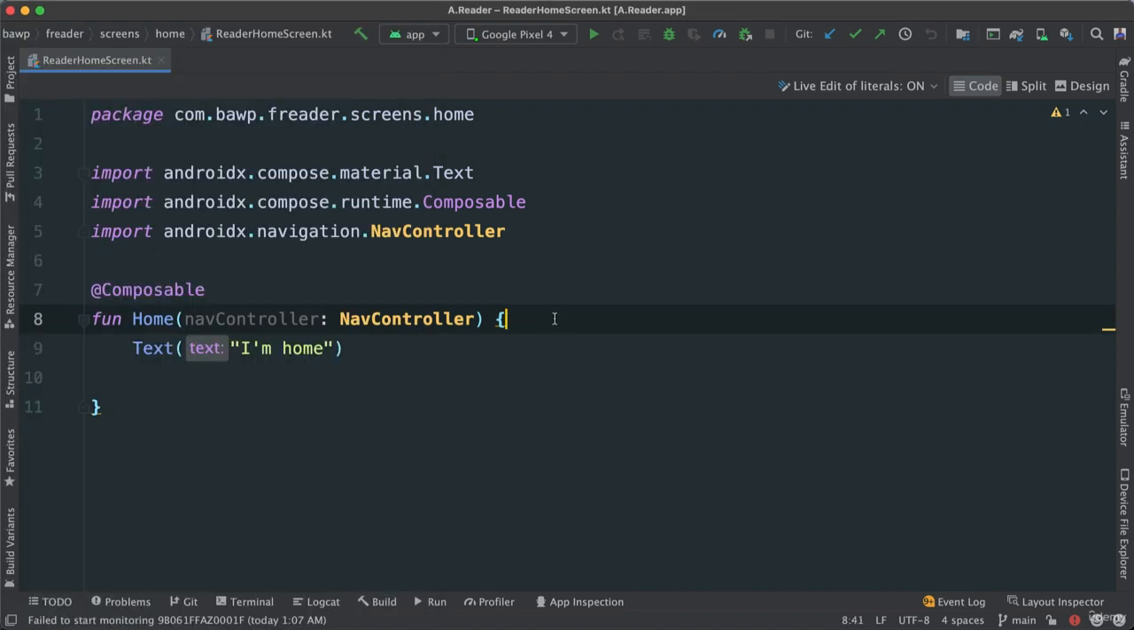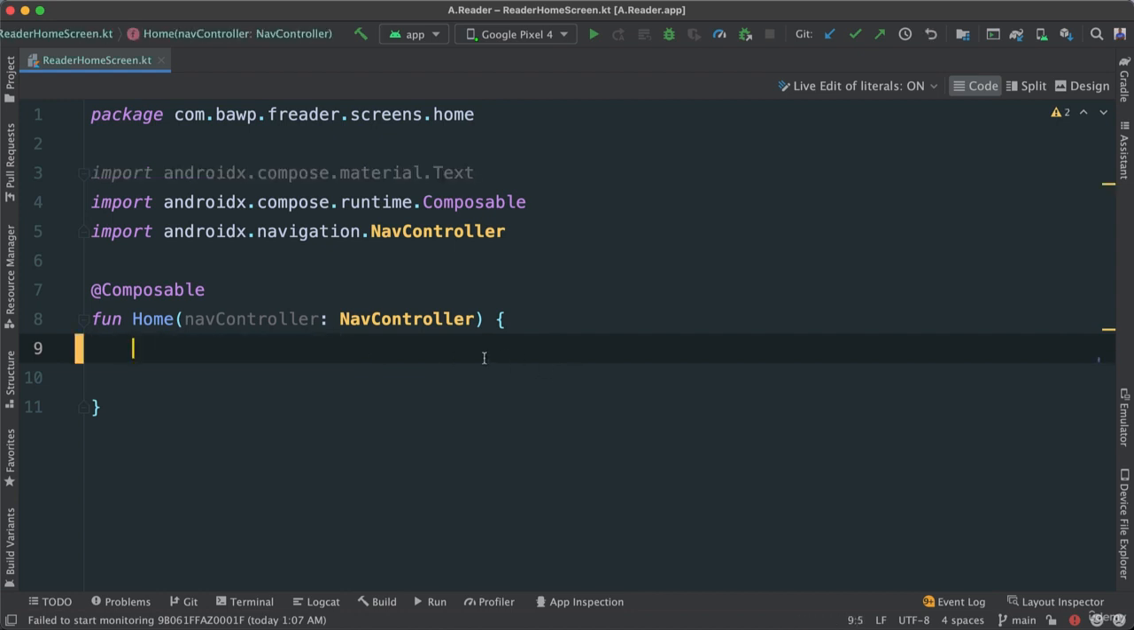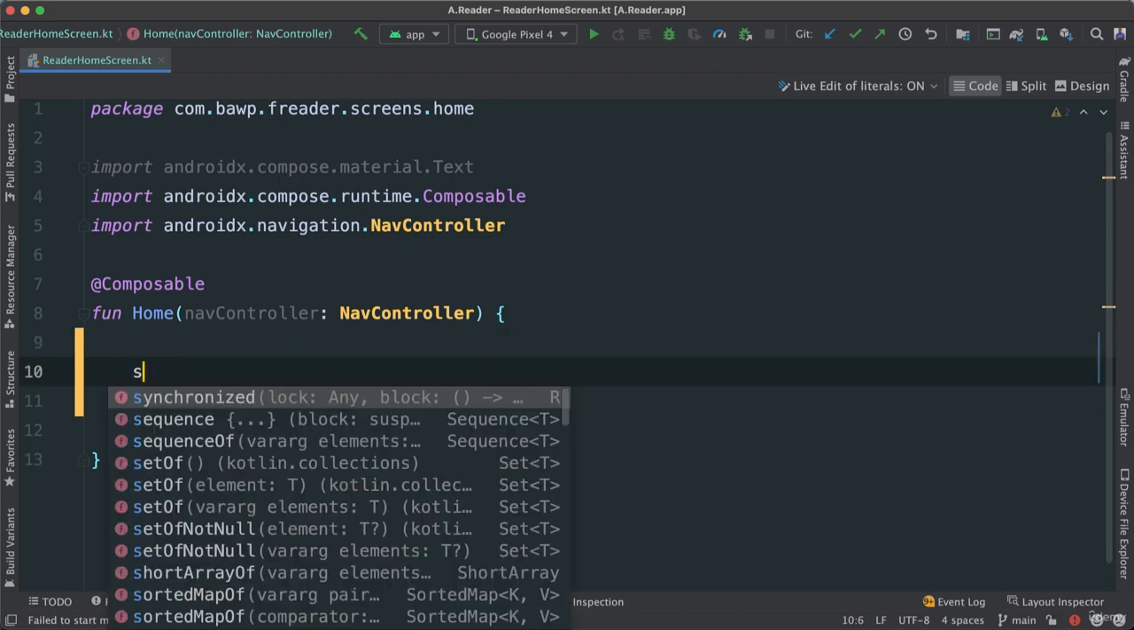Okay, let's get started. So opening our reader home screen. At this point, we just have this text, "I am home," which is not flattering. So we're going to get rid of this altogether because we are going to make this even better. Make this beautiful and show you exactly what we need to do. All right, so the first thing, of course, I'm going to add a scaffolding here, or scaffold